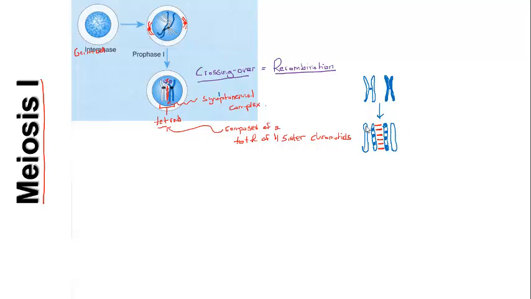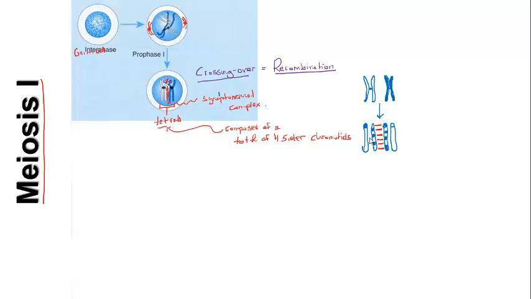All right, in the same type of fashion, if they cross over at the tip here, the tip from mom will end up on the tip from dad, and the tip from dad will end up on the tip from mom's sister chromatid, et cetera, et cetera. And that same alternating pattern between maternal and paternal homologous segments of DNA would continue and be reciprocal between these two sister chromatids from opposite homologous chromosomes, which